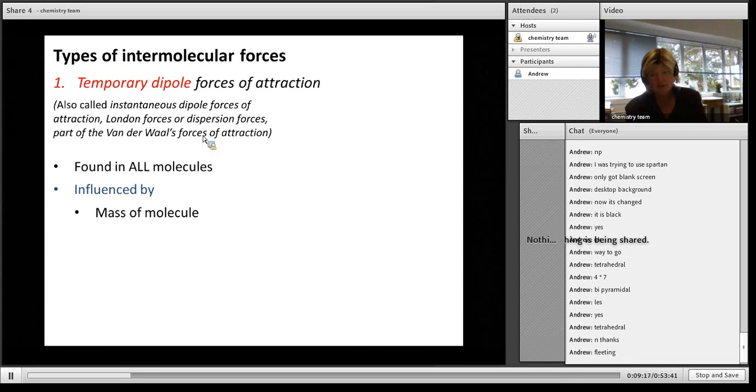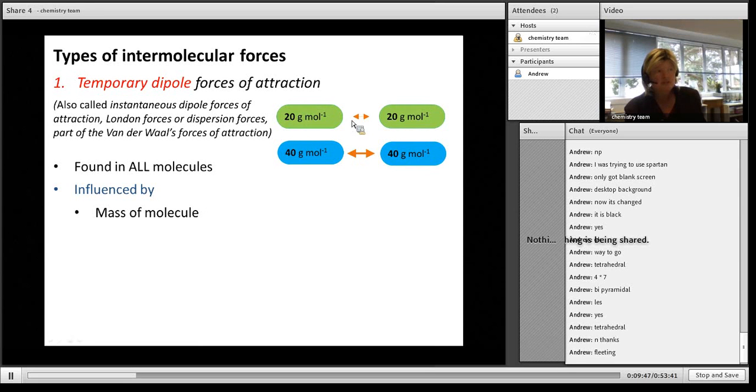The mass of the molecule. So if I was looking only at mass, so I was looking at 2 isotopes like water and D2O, which is the heavy water. Heavy water is made out of the isotopic deuterium oxide, and that has a heavier nucleus. You'll find D2O has got stronger forces of attraction than water, H2O, and that's simply because of the heavier nucleus. If I was just simply looking at bigger molecules, so one was 20 grams per mole, the other one was 40 grams per mole, okay,